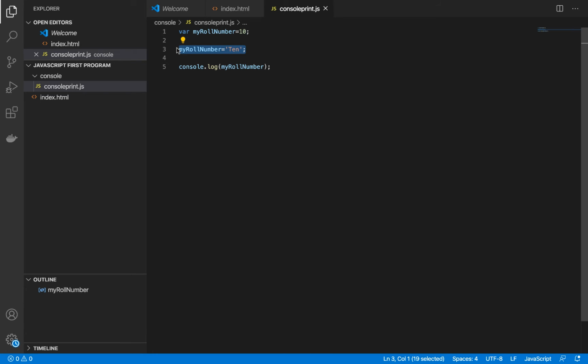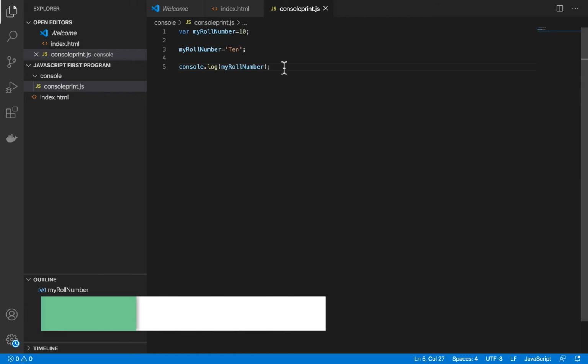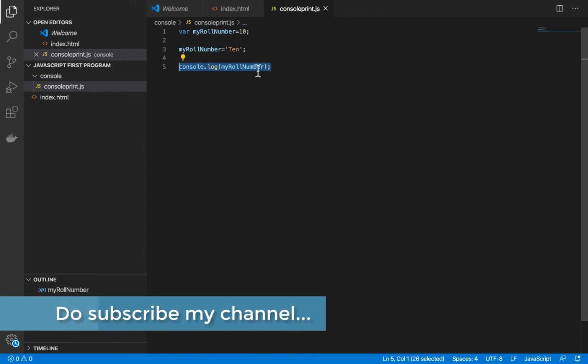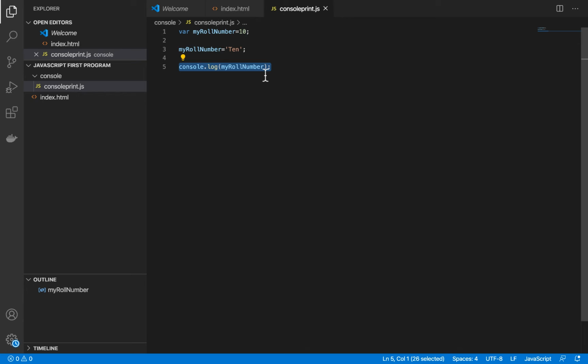As we all know, in JavaScript we use dynamic typing. For that reason, JavaScript automatically assigns the variable to a particular data type. In this case, this variable which was initially an integer variable has now moved to a string variable. So that's all about variable mutation, in which we can change or assign a value to a variable from any kind of data type to any other. We have seen integer to string; you can do string to integer, boolean to string, or anything that is possible.